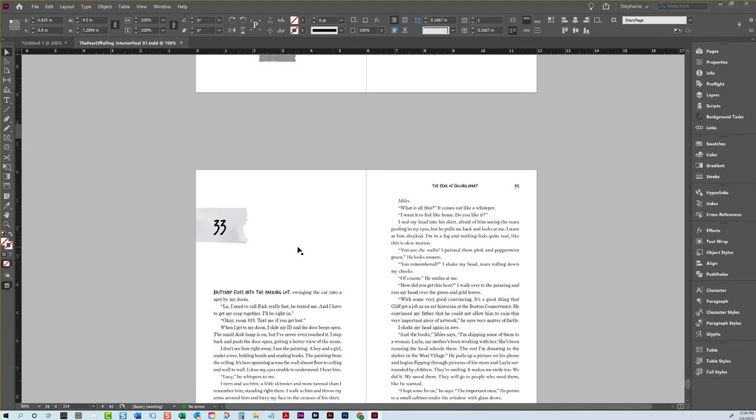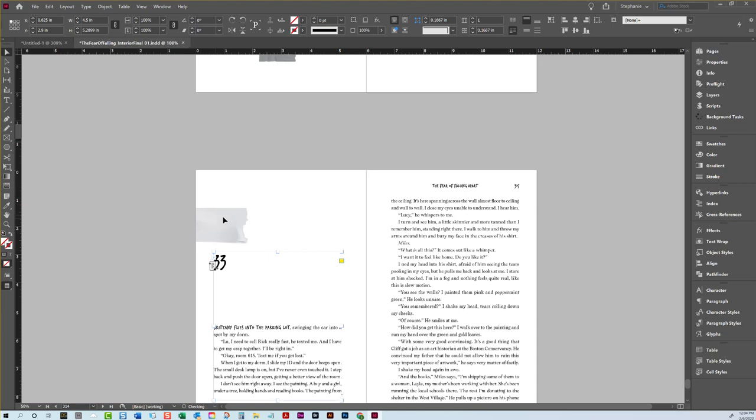And so what we have to think about for this one is, first of all, we definitely don't want 33 graphics. So if we kept our page numbers in this little piece of tape, which is what it's supposed to be like, on top of the tape we would have 33 graphics. So we have to think about